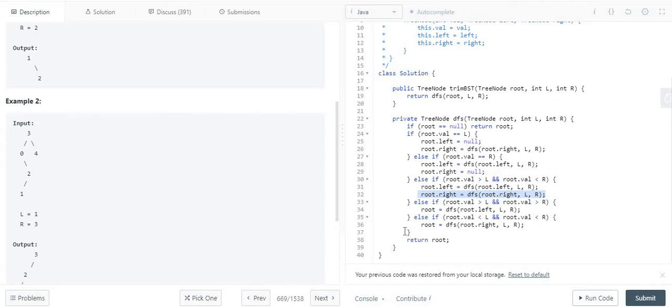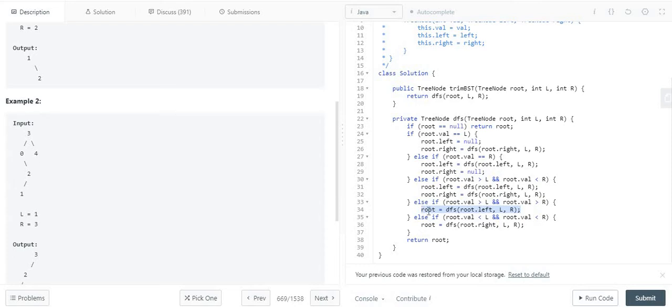If it is not the case, then there can be the case where the root value is greater than the left and the root value is greater than the right. In this case the root value is outside the range, so my tree should be formed on the left side. I have to form the entire tree from the left side.